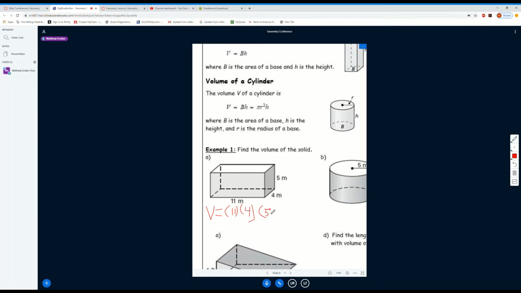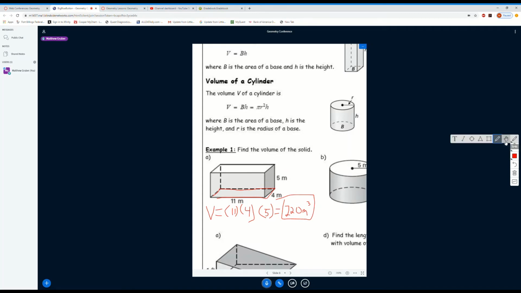So to find the volume, it's the area of the base times the height. So our answer will be 220. And volume is in cubed meters, so meters cubed. Remember, area was units squared, well, this is units cubed. That's how we find the volume, the area of the base. The base was a rectangle, so we needed to do length times width, so 11 times 4, and then multiply